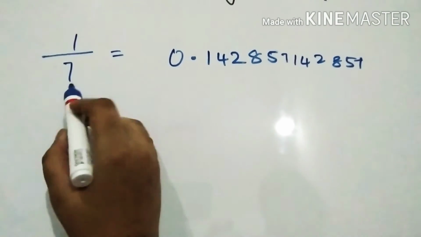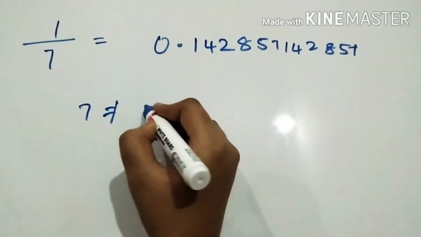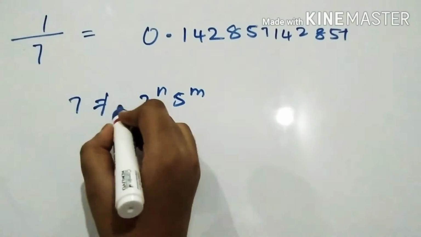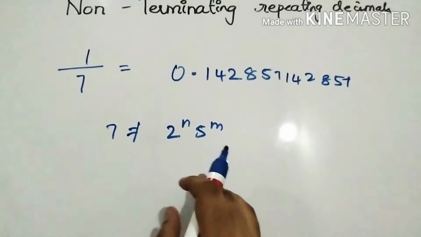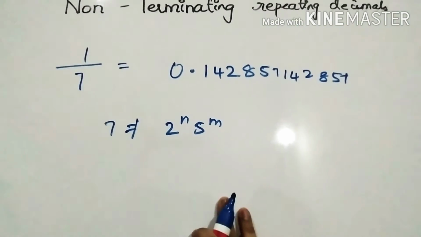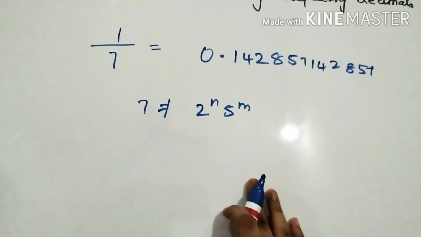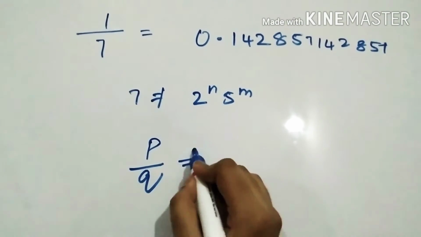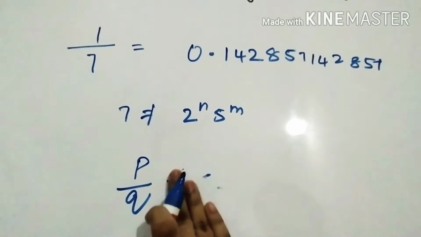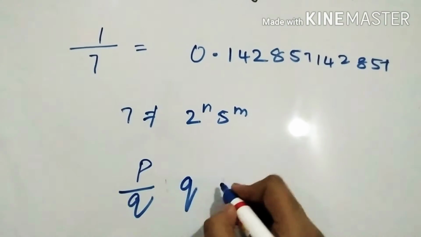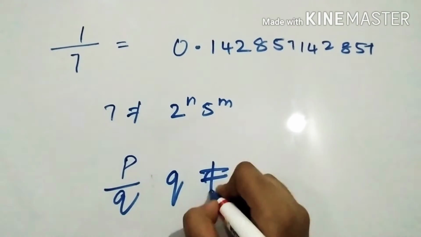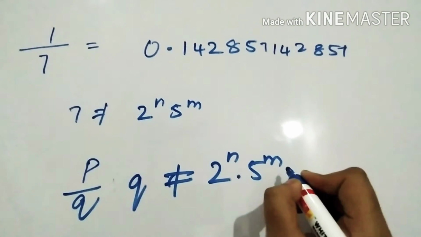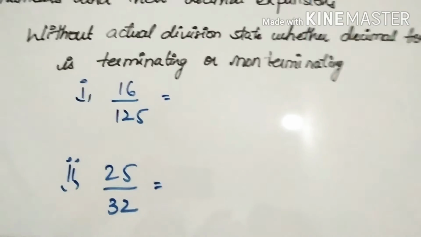So this 7 we can't write in the form of 2^n into 5^m. So these kind of decimals we call non-terminating repeating decimals. So this can't be expressed in the form of p by q, where q can be expressed in the form of 2 to the power of n into 5 to the power of m. Without actual division,